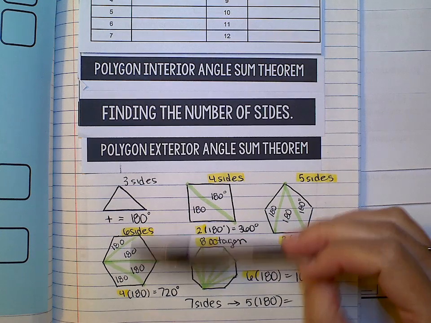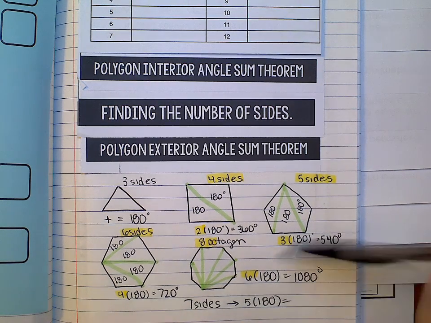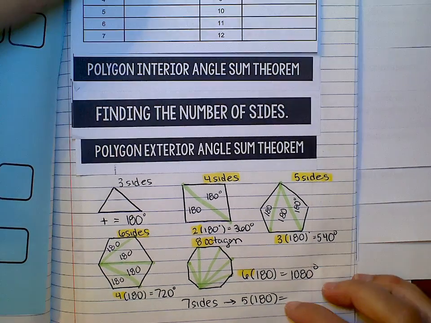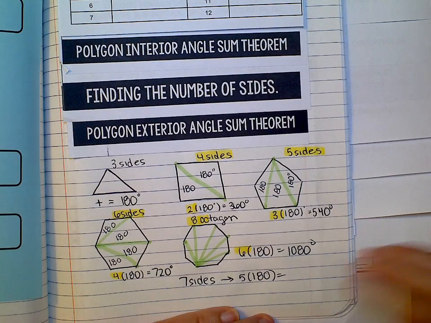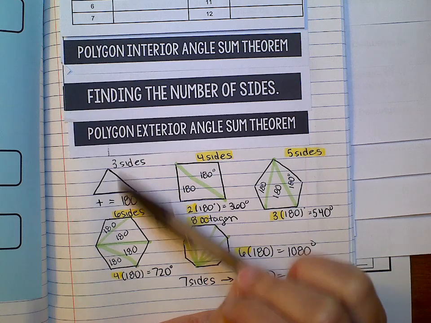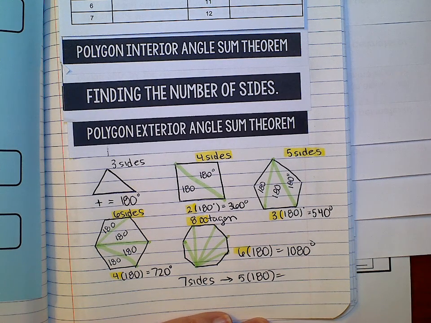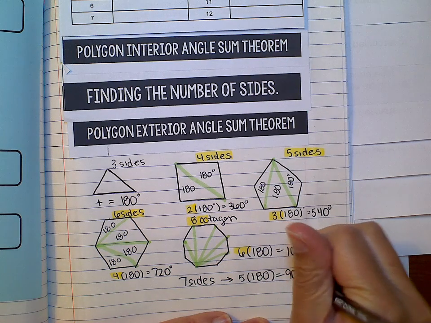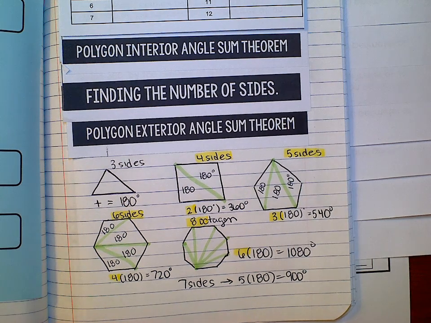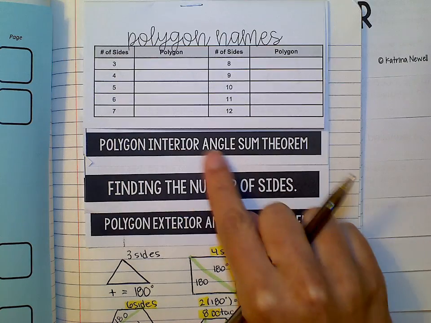So like 6 minus 2 is 4, 8 minus 2 is 6, 7 minus 2 is 5, and so that seems to be a thing. And it even works with the 3. 3 sides minus 2 is 1 times 180. And so for that 7-sided heptagon, 5 times 180 is 900. And so using that fact, we've actually come up with a formula, which is called the Polygon Interior Angle Sum